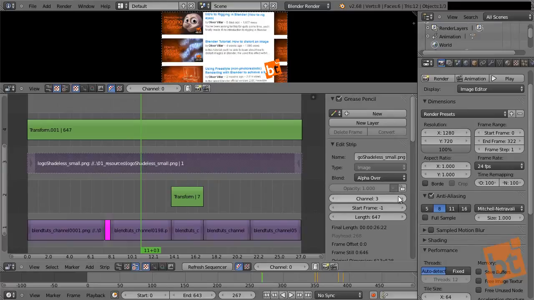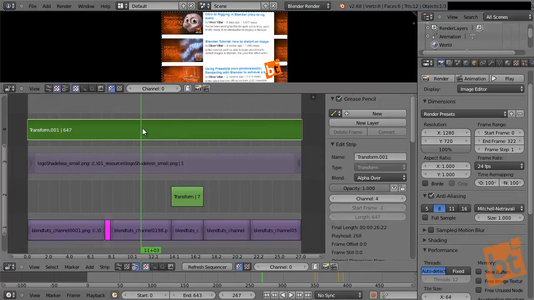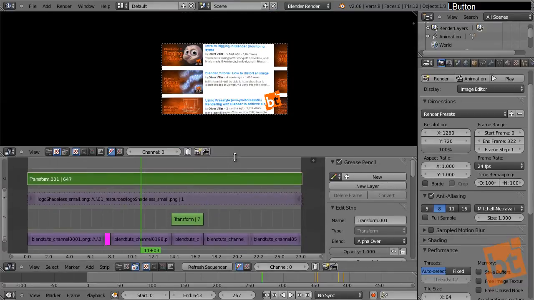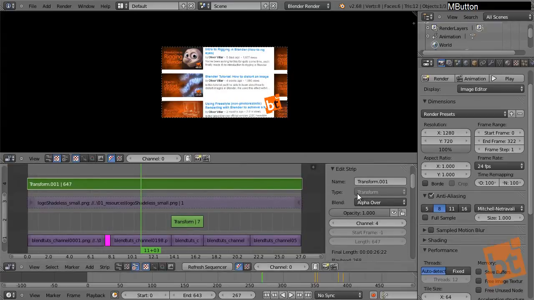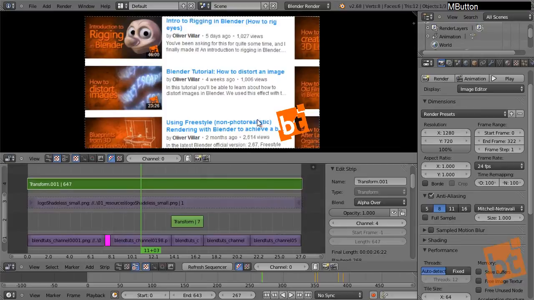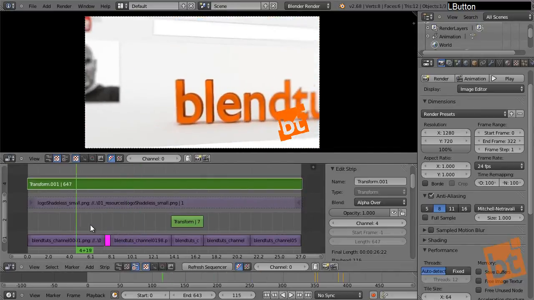Other thing that we can do, keep in mind that if you click this lock, that strip gets locked and you can't move it or select it or anything. All right, so that is useful when you want something to be fixed and not change it accidentally. All right, so now we can select this, and as you can see, let's make this now bigger. All right, keep this here because I want to animate now the opacity. So as you can see, we already have a nice watermark for our